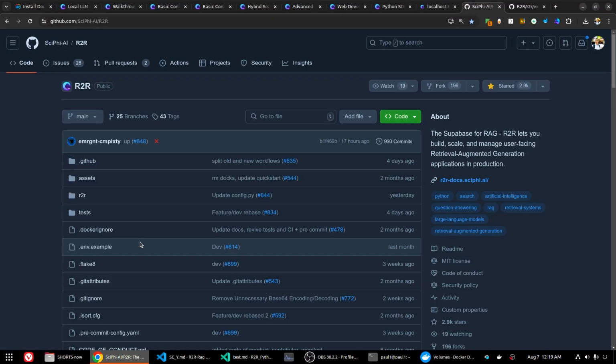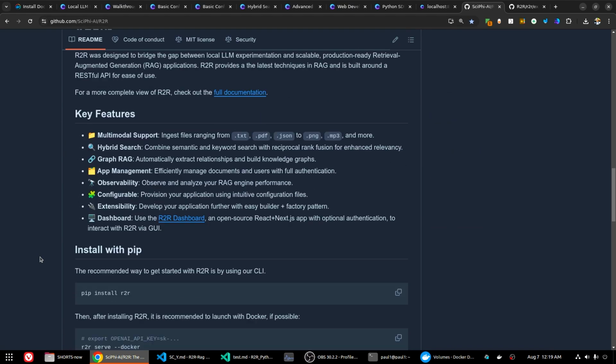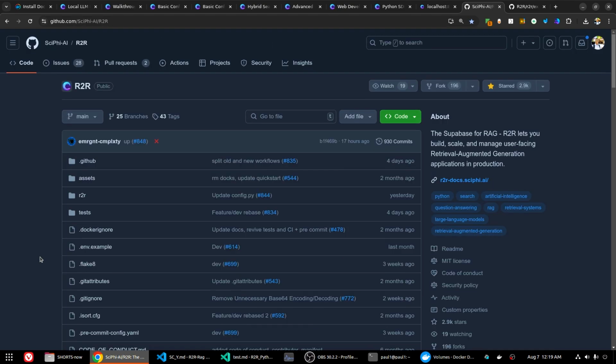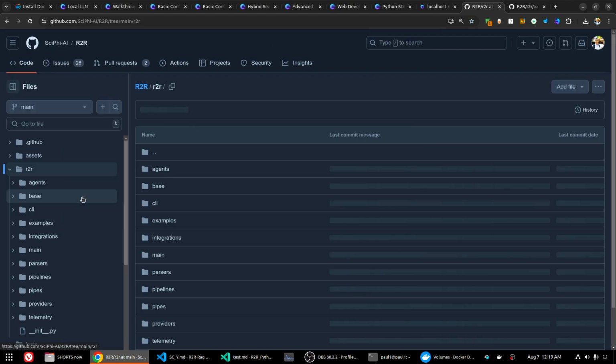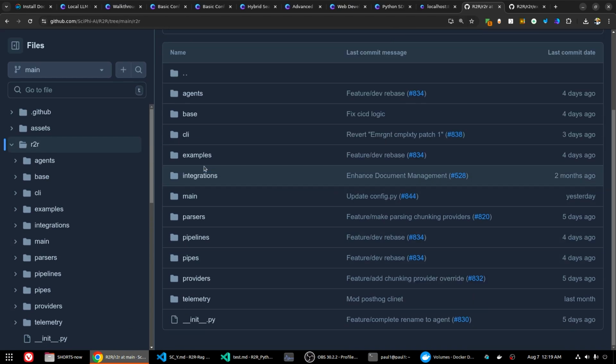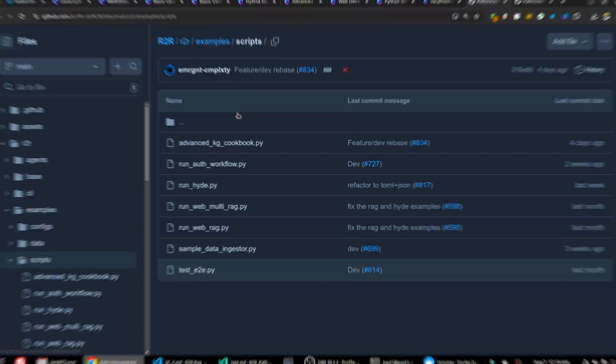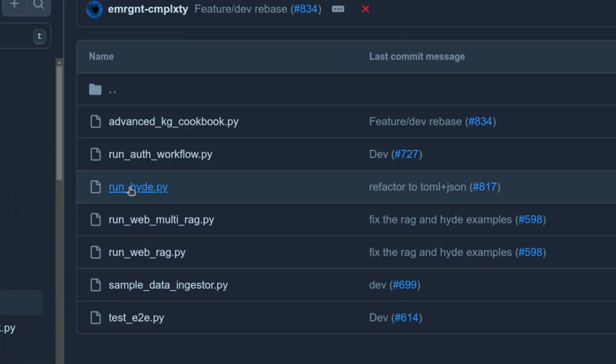And in fact, there are many examples in their GitHub repo. So this is the official GitHub repository of R2R that I'm looking at. You will find the entire code here, and of course it's completely open source. So just move into the R2R folder and then the example folder, script folder, and here you will find so many examples. Just look into one of the simpler ones,